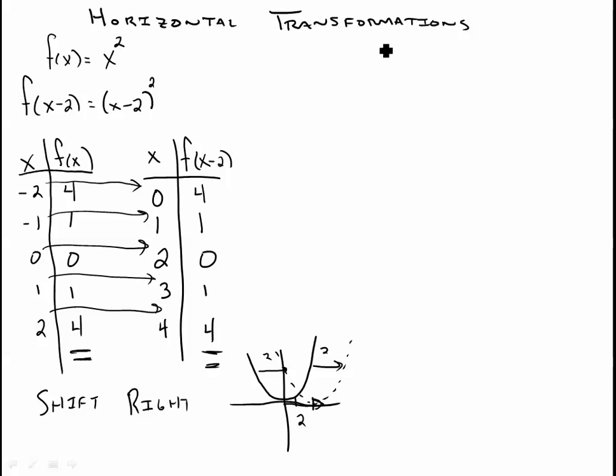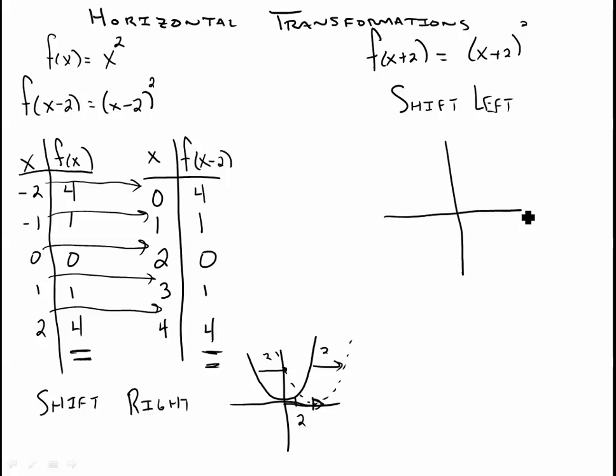And in the same way, f of x plus 2 specifically would be x plus 2 squared. So now what's changing is that the inputs are being increased by 2. This is going to result in a shift left because of the increase in the inputs. Graphically, if this is x squared, then x plus 2 squared is along these lines. The shift